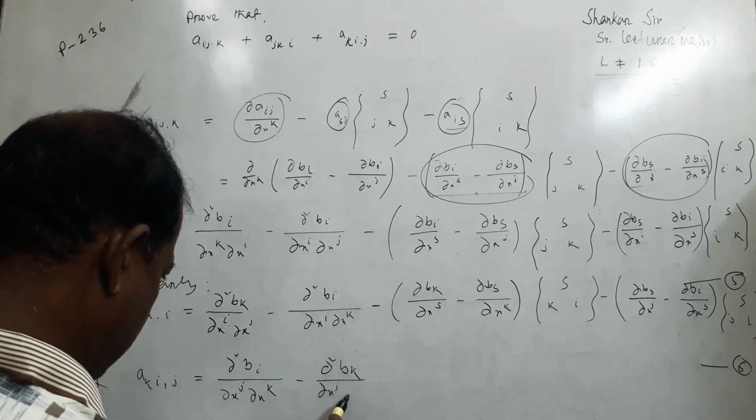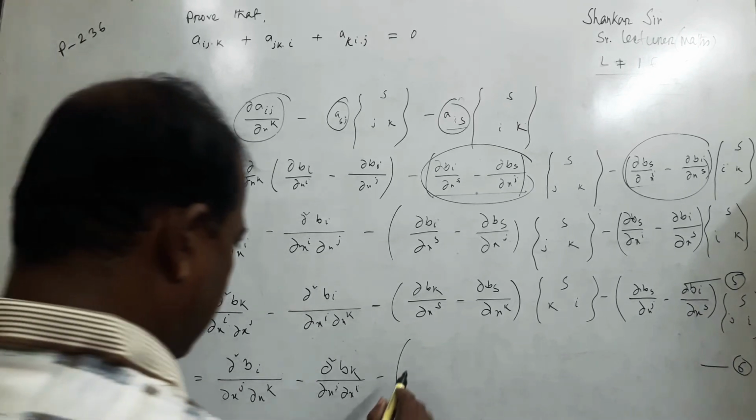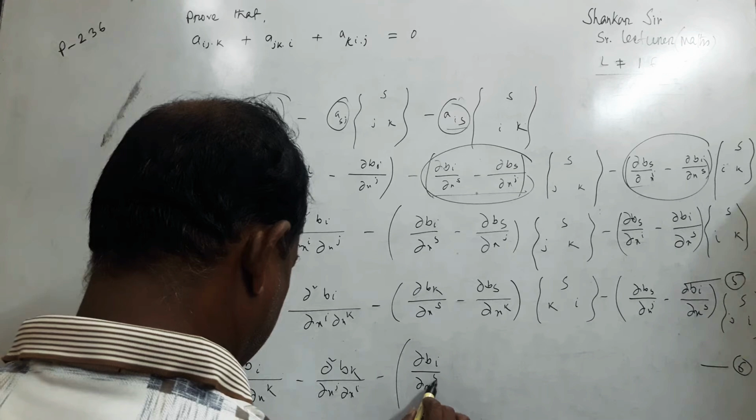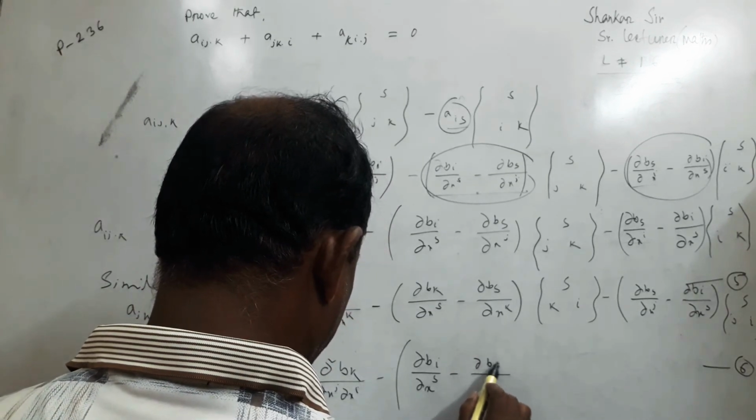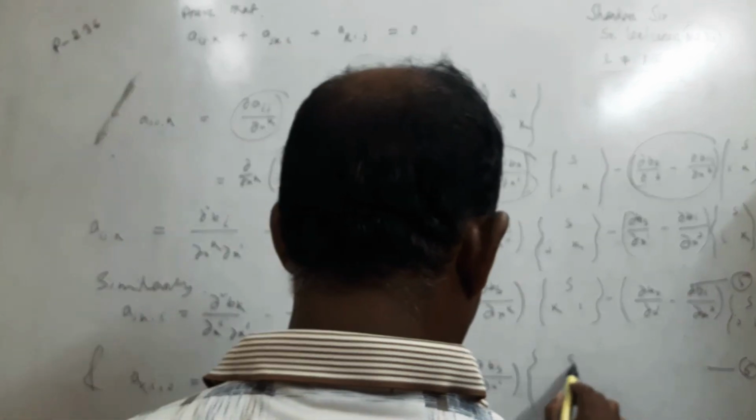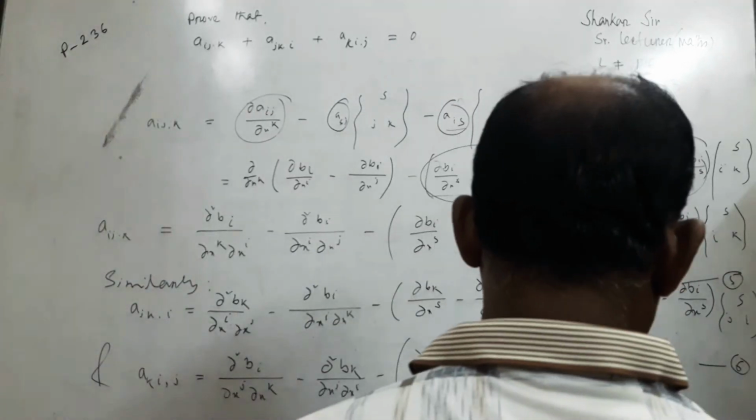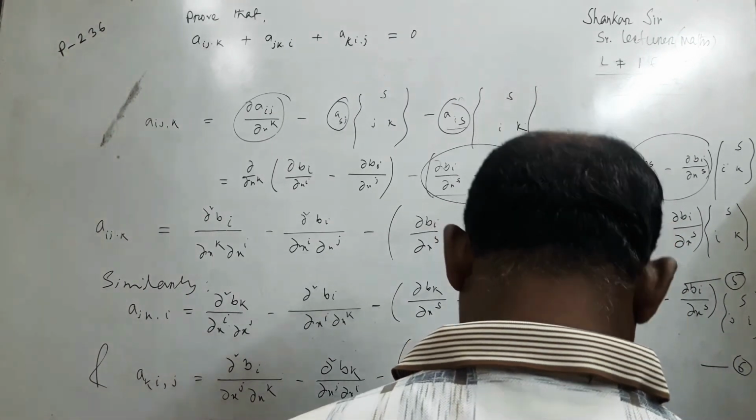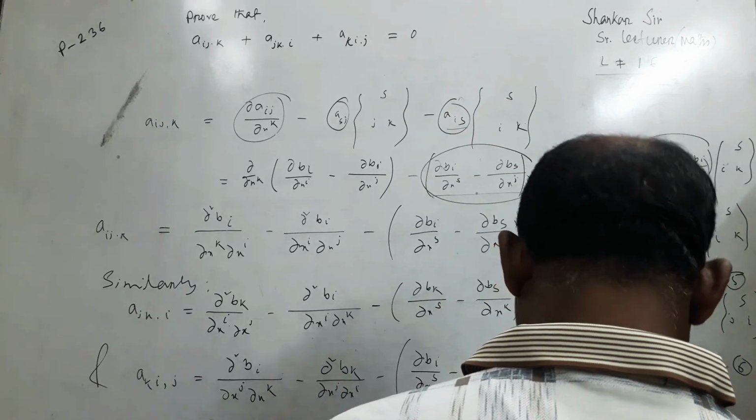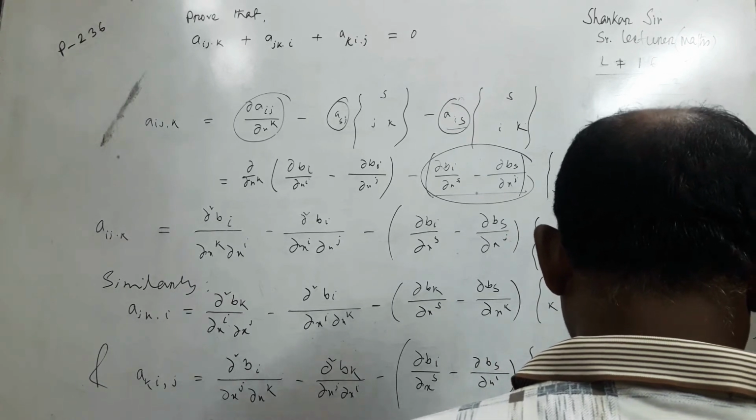del x j into del x i minus del b of i divided by del x s minus del b s divided by del x i into s i j, minus del b s divided by del x k minus del b of k divided by del x s into s k j is the